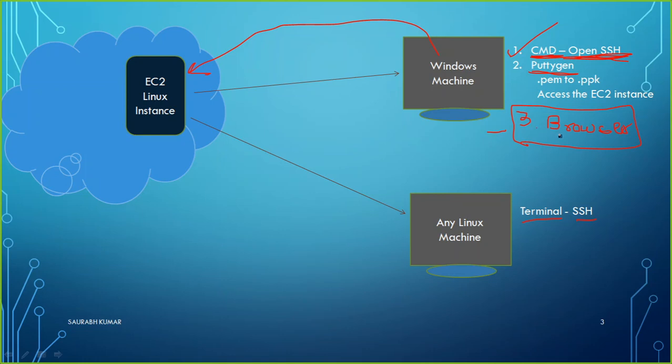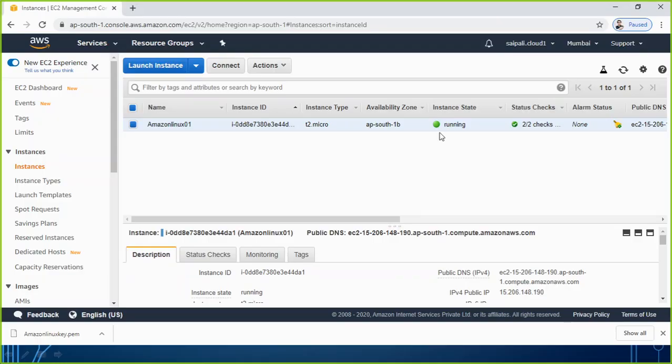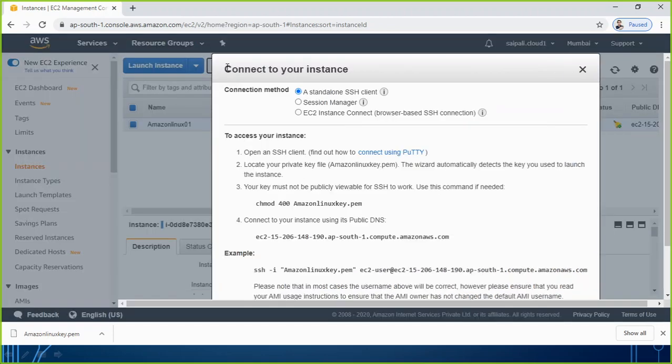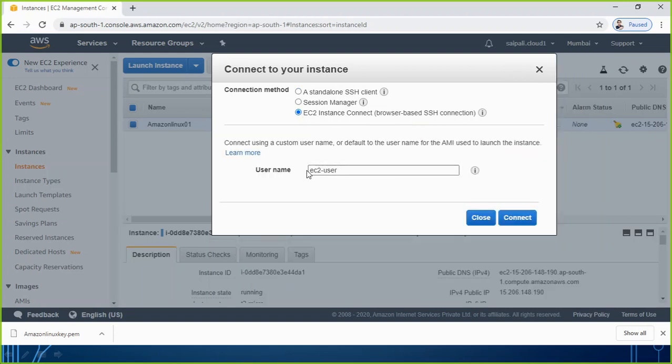Let me show you this third method, which is very easy to do. What will be the steps? Simply select the instance, go to connect and go with the third option, EC2 instance connect, browser based SSH connection. By default, the username will be taken already, ec2-user.